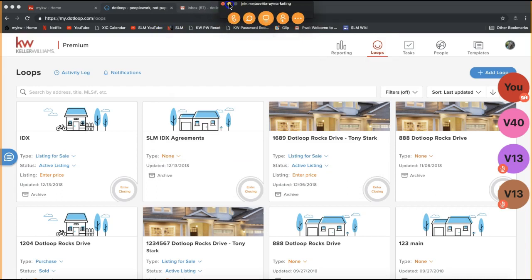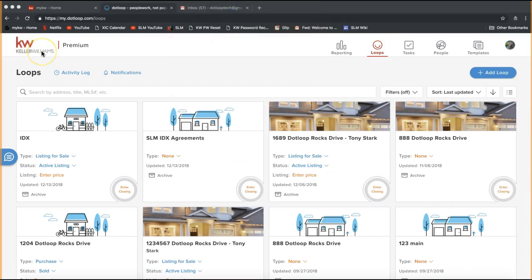If you do not see the KW logo on the top left, that means you are not connected to your Market Center. You do not have access to all of your Market Center forms. So again, you'll want to go ahead and email us so we can connect you so you can follow along in class. All right, so the first thing that we're going to do in today's class is take a look